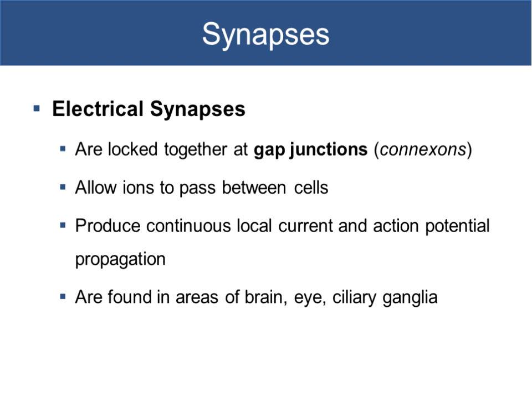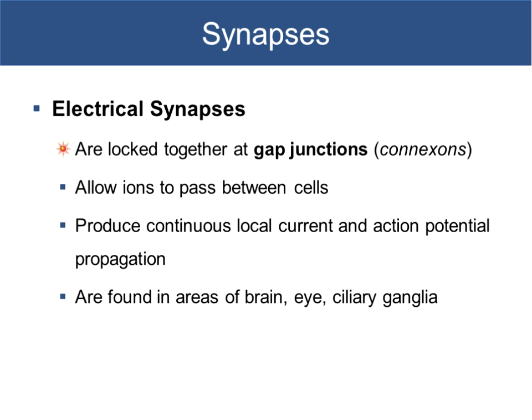So there are 3 different types of synapses that we're going to talk about. The first type is an electrical synapse. Electrical synapses are locked together at a gap junction. These types of synapses have a tendency to touch one another. With electrical synapses, they're held together by what we call connexins, and those proteins of the gap junctions will